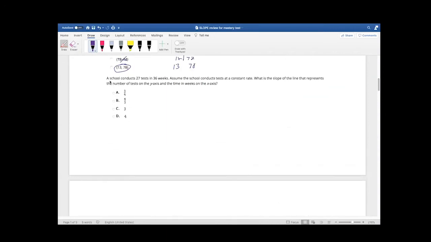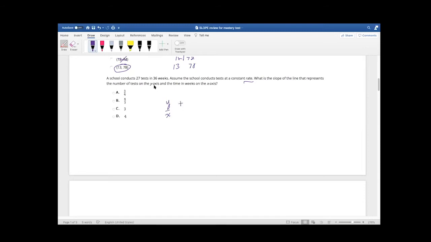All right, next one, a school conducts 27 tests in 36 weeks. Assume the school conducts tests at a constant rate. So there's your rate again. What is the slope of the line that represents the number of tests on the y-axis and the time in weeks on the x-axis? So we're doing y over x,